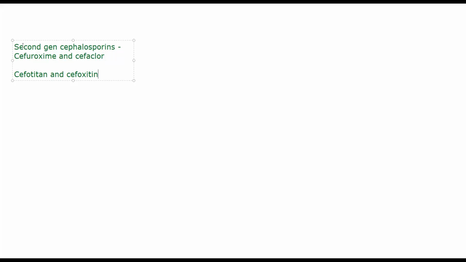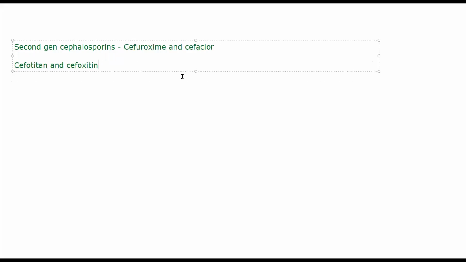So cefuroxime does not need one. Now yesterday when we were discussing penicillins, I told you about one particular class of drugs called beta lactamase inhibitors: your sulbactam, avibactam, tazobactam, clavulanic acid. Those are beta lactamase inhibitors. I told you what beta lactamase is, and it can destroy your penicillins. To stop that, you will give beta lactamase inhibitors. Now, those beta lactamase enzymes that are produced by bacteria can act on cephalosporins as well. They can destroy cephalosporins as well, because a beta lactam ring is present in these as well. That is why they are all called beta lactam antibiotics.